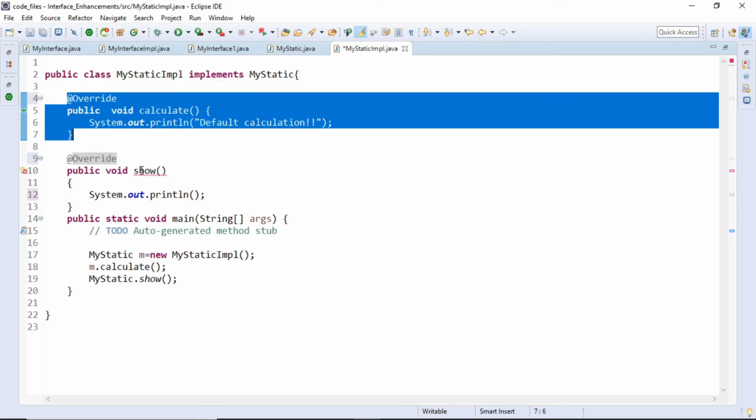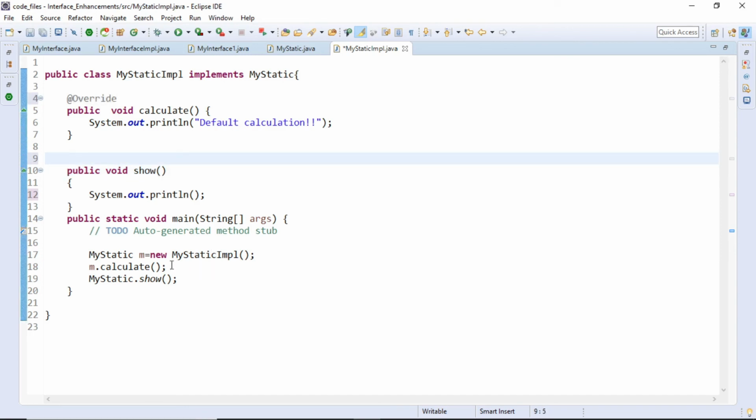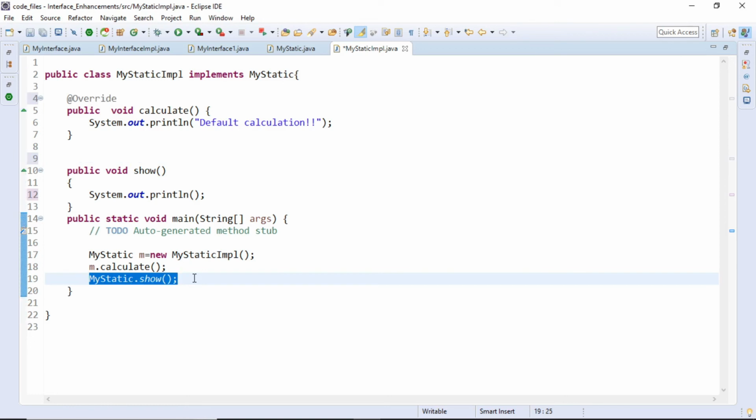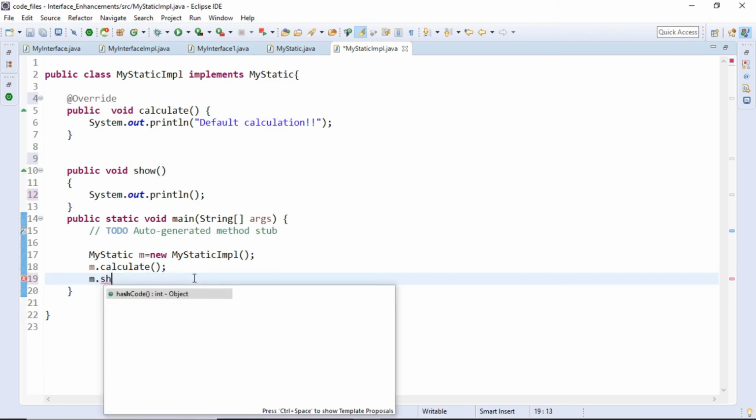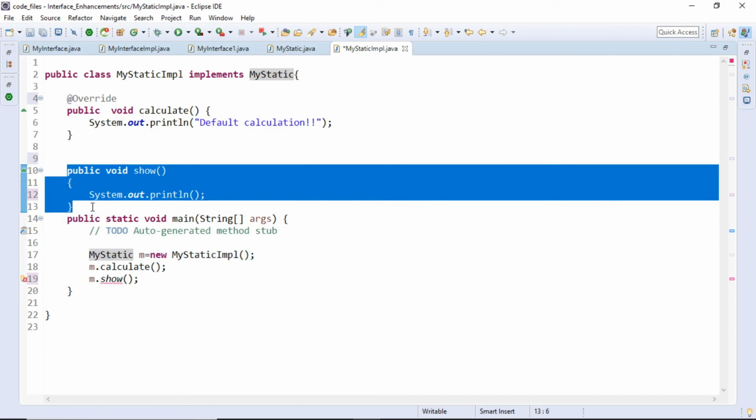And this show method, though the signature looks the same, is not an overridden method because you cannot simply override a method which is declared as a static method. What you can do rather is you can remove this override, and if you want to call this method, then I can simply call it by saying m.show. This is not possible because your myStatic implementation is referring to myStatic, and this method is not declared there because this is not an overriding method, right?